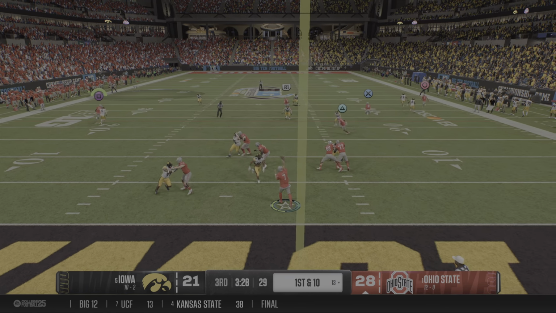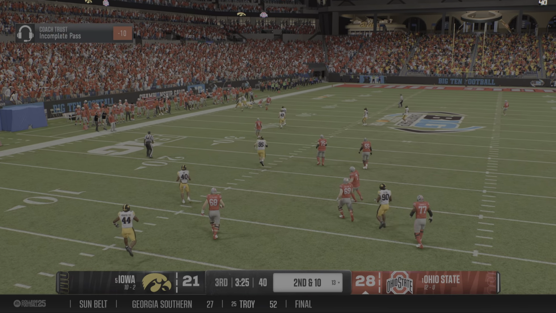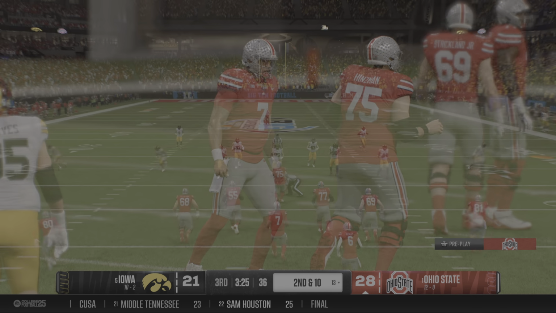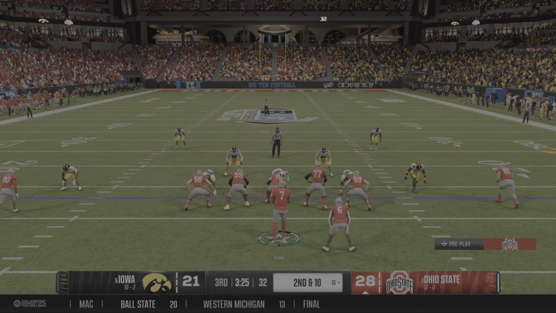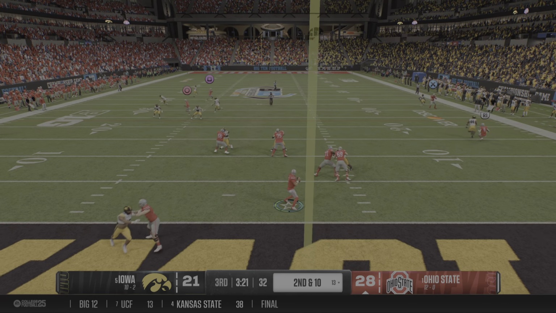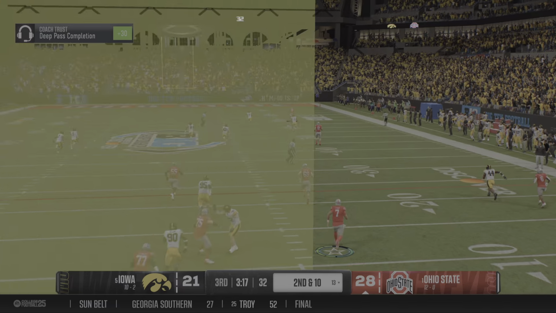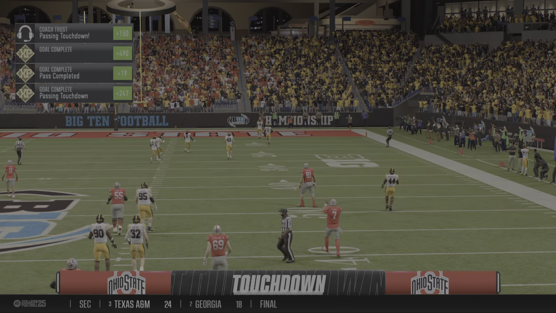Quarterback drops back, airing this one out toward the sideline. That ball is incomplete. An aggressive deep shot on 1st down. 2nd down play coming up for this offense. From the shotgun, drops back. He's going to take another shot right here. And he is wide open for a huge gain. They could not stop him.